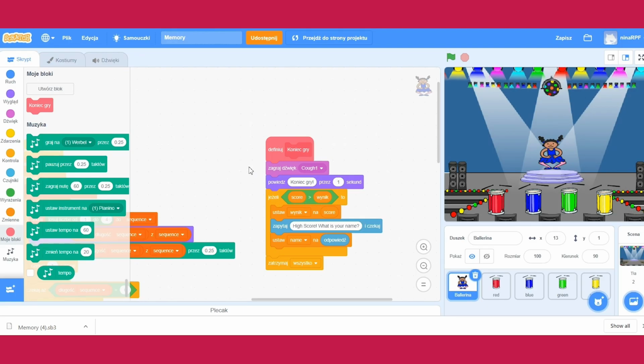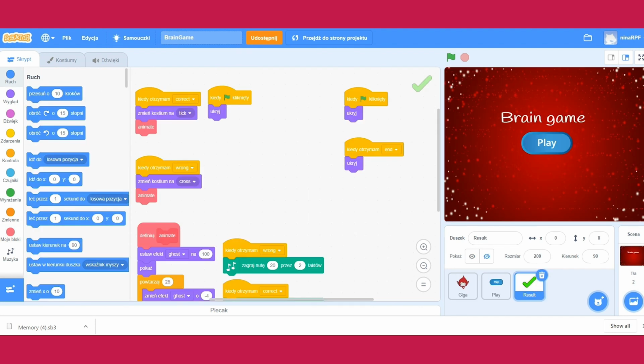Some backdrops and sprites contain text which needs to be translated. For example, the backdrop in Brain Game shows Game Over and one of the sprites shows Play. You need to translate both. To translate text on a backdrop,